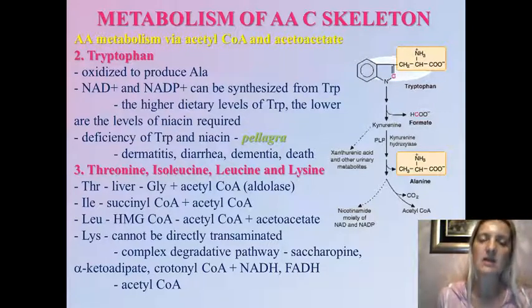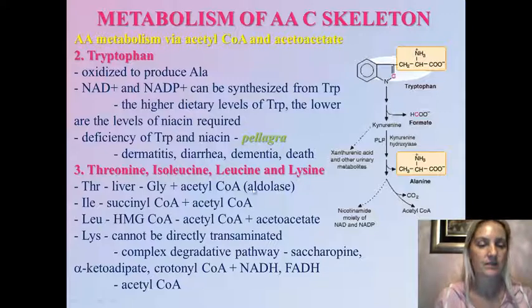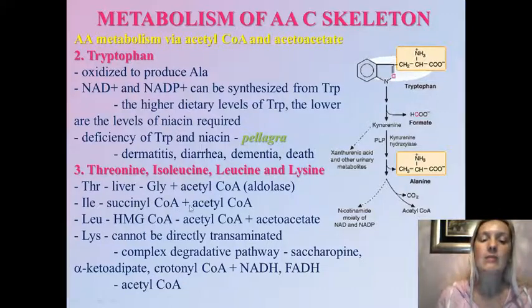Those are threonine, isoleucine, leucine, and lysine. Some of these we have already mentioned. Threonine in the liver is converted to glycine and acetyl coenzyme A by an aldolase reaction. Isoleucine to succinyl coenzyme A, this is what we already saw on the previous slide, but at the same time it produces acetyl coenzyme A, so it's considered to be ketogenic. Leucine is converted to hydroxymethylglutaryl coenzyme A, which can be degraded to acetyl coenzyme A and acetoacetate as a ketone